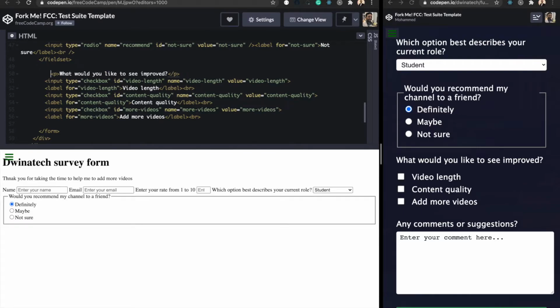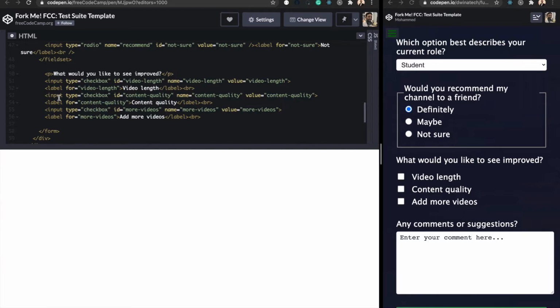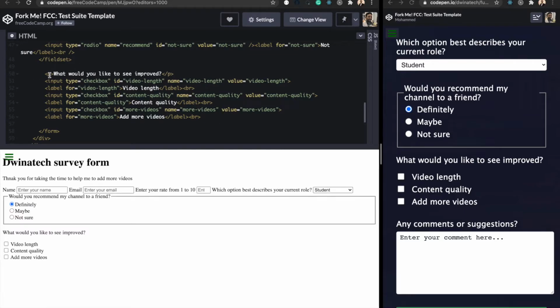First here we have a paragraph just as a description for this area, and we have around 3 different inputs with 3 labels. The first input has a type of checkbox instead of radio. This is a checkbox. If you see down here, it looks different, and it also has an ID video length, and name of video length, and value of video length. And the same for the label, which has a for attribute with a value of video length,